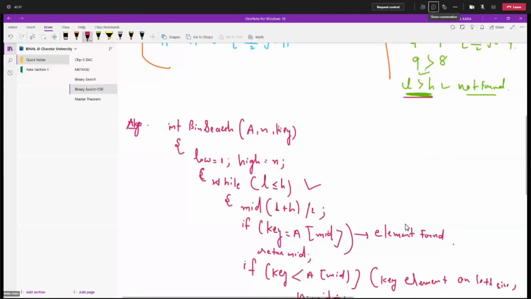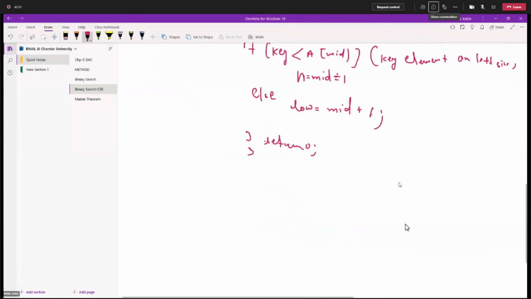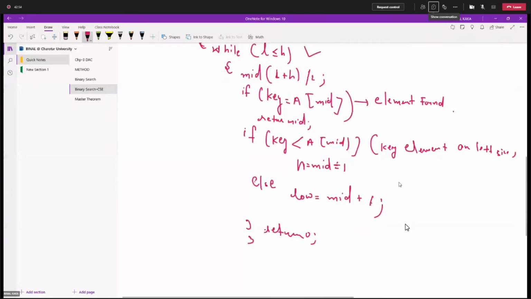We have array, elements, key, low started from 1, high is this last value which is n, then this is the condition, and there are two scenarios. If you find the mid value, then fine. If you find it on the left hand side, then there is a condition. If you find the element on the right hand side, meaning greater, then there is another condition. These two. Okay, so this is your algorithm.